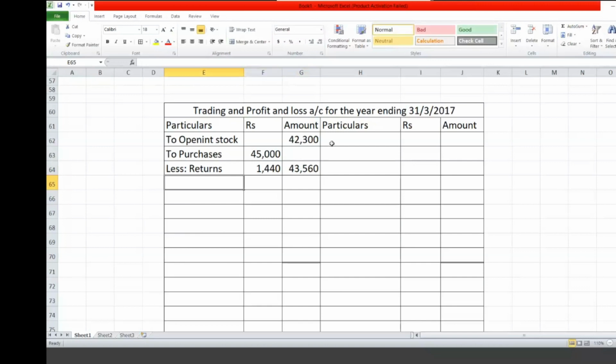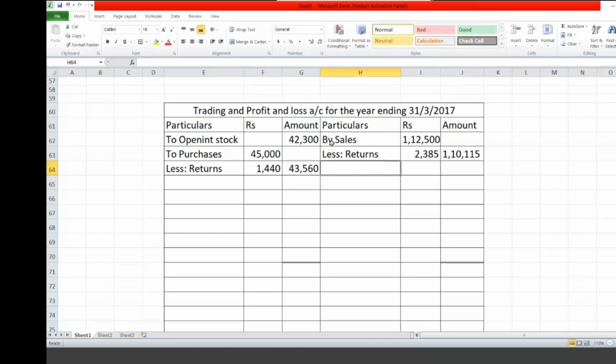Okay. Next, move on to the sales. Write down by sales. What is the amount of sales? The amount of sales is 1,12,500. From this, less returns. Sales returns will be on the debit side. What is the amount? 2,385. How much will you get? 1,10,115. The numbers are very different, but it's okay, no problem. You didn't get round figures, so it will take a little time. That's it. Other than that, nothing.